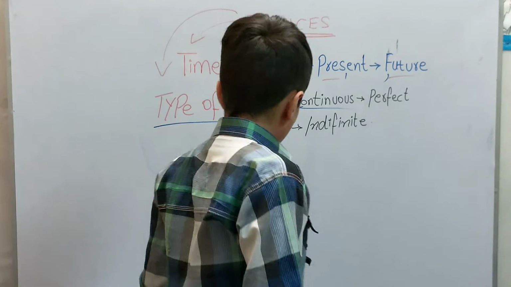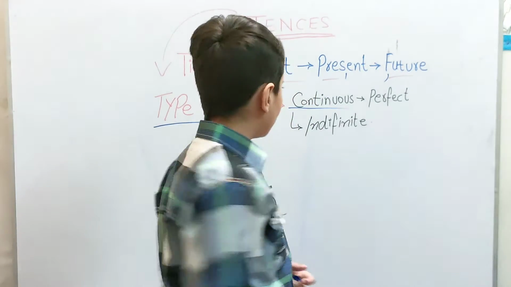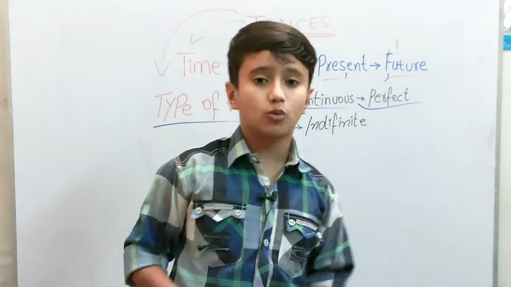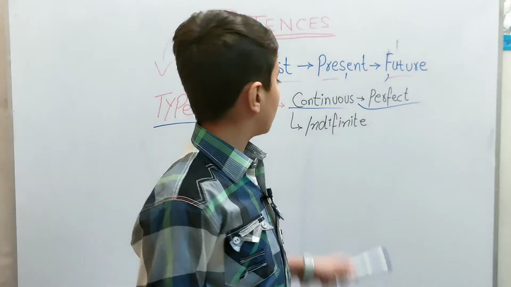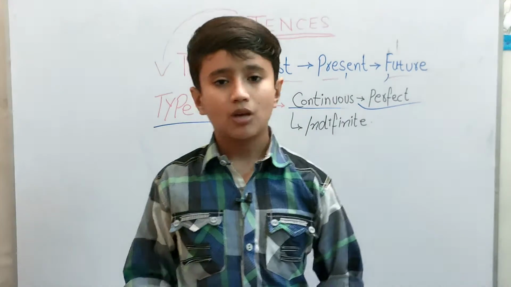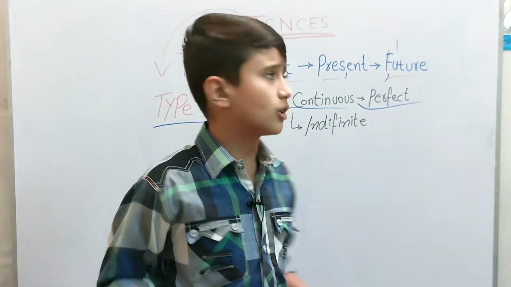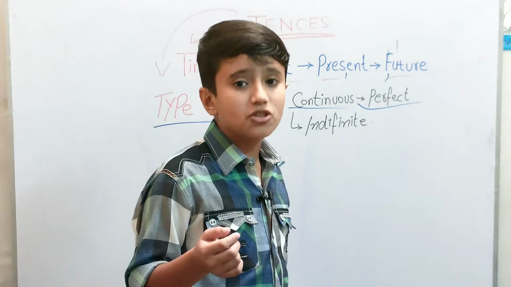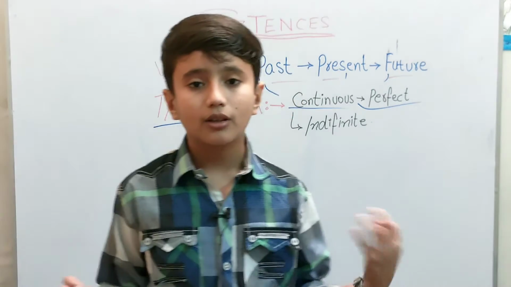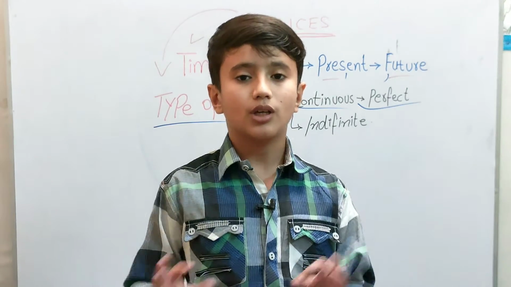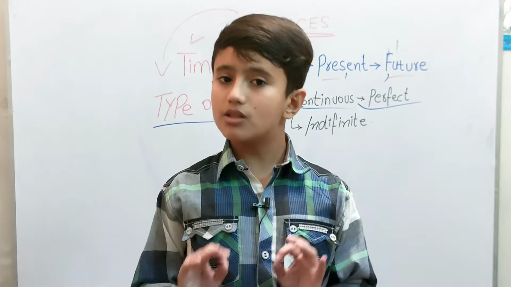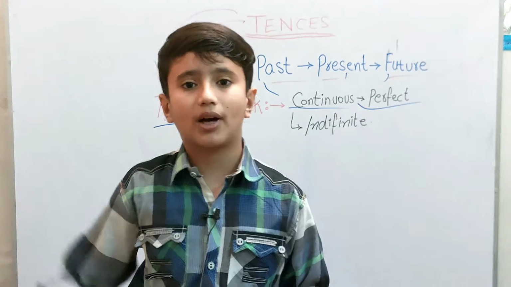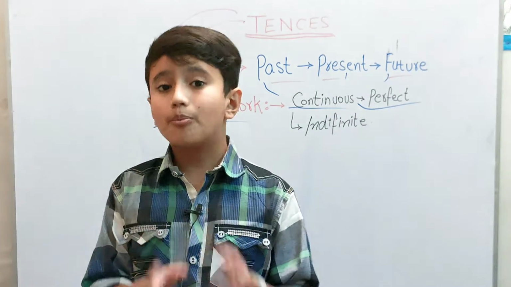Now what is perfect? Perfect, as you all know, it's perfect. I am not going to go deeper, because in my second class on tenses I'm going to teach you more in depth about all of these things. I'm going to take a lot of examples of indefinite, because people usually get more confused in indefinite. So perfect means it's done. They have eaten. He has completed his work. He has done his studies. These are present perfect. He had done that thing in the past, no, that is past